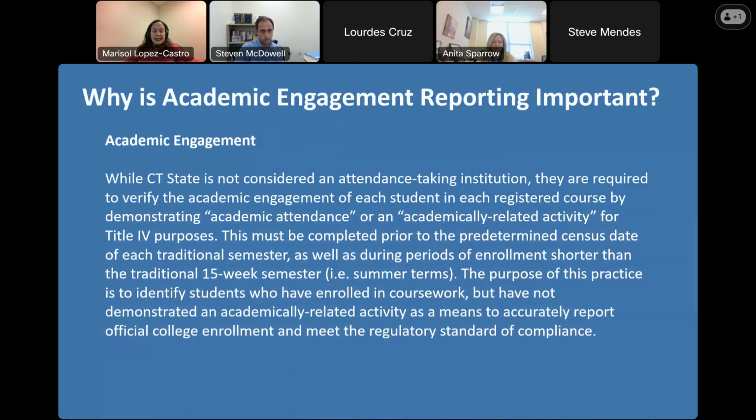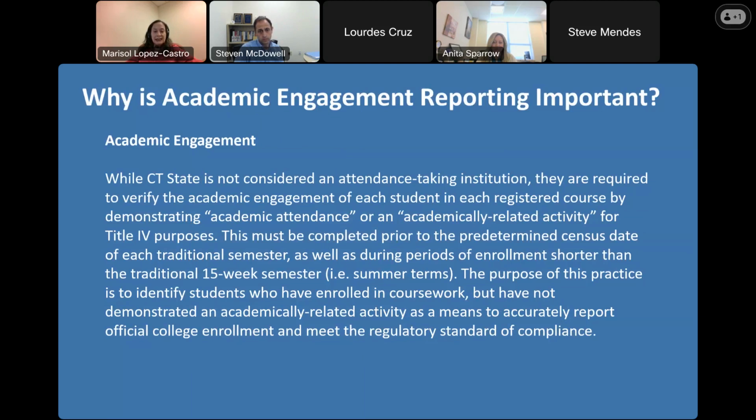So why is academic engagement reporting important? As you all know, and I'm going to have Steve talk a little bit more about this, we have to stay compliant for Title IV, which is to be eligible to receive and participate in federal financial aid programs in Connecticut State.